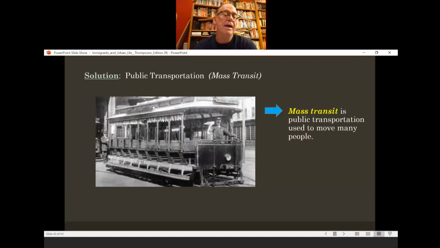So here's what they did. They came up with an idea. They came up with mass transit. That's the ability to move many people at the same time. So if you suddenly have things like this is a trolley. If you have trolleys, now these are people that are not having to walk everywhere or not having to pull carts. You have enough of them. You don't just put one on the street. You have them where they're coming by every couple minutes, and so suddenly the streets are becoming clear. So the trolley is an example of one type of mass transit.